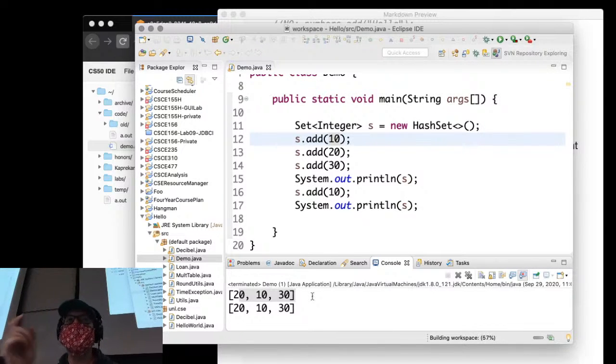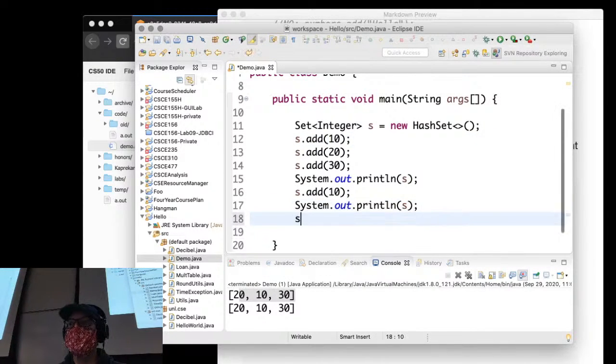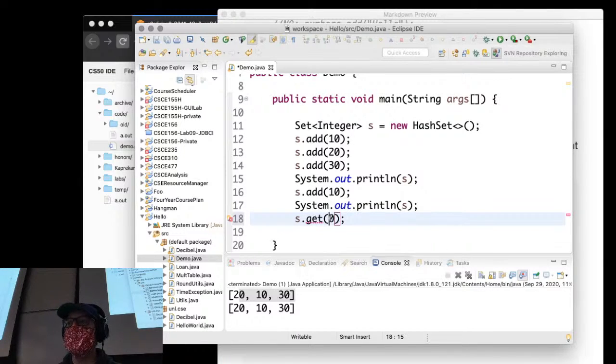There's no concept of the first element. There's no concept of the second element. If I tried to do that like I did with a list, s.get the element at the 0th index, there's no such method, right? The method get is undefined for a set because you can't get the first element. There is no first element. It's unordered. So one immediate question is, well, how would I iterate over the elements of a set to say